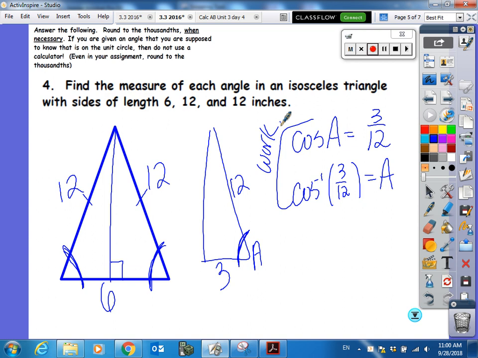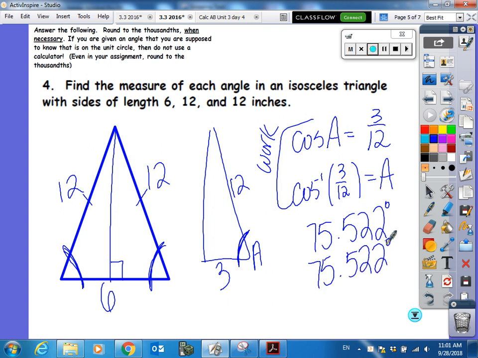Could you simplify that to be 1/4? Yes. Do you need to? No, because the calculator will do everything for you. There's no need to simplify it and accidentally make a mistake on your simplifying. You can just type it in just like that, and you get 75.522 degrees. That means another one is